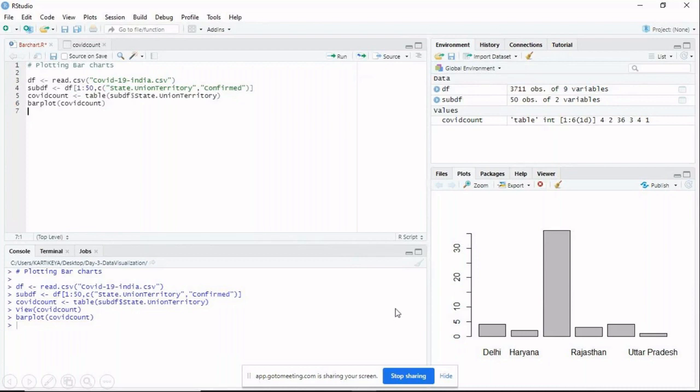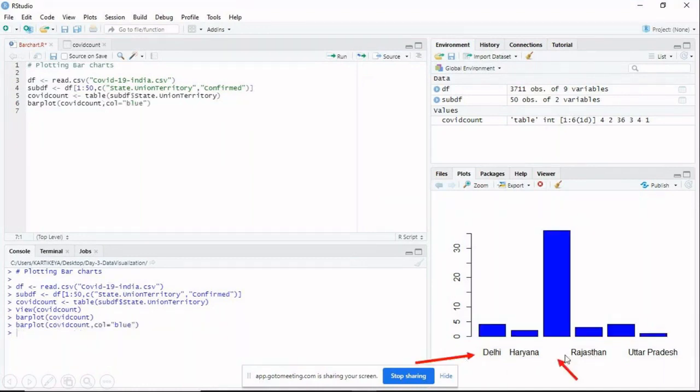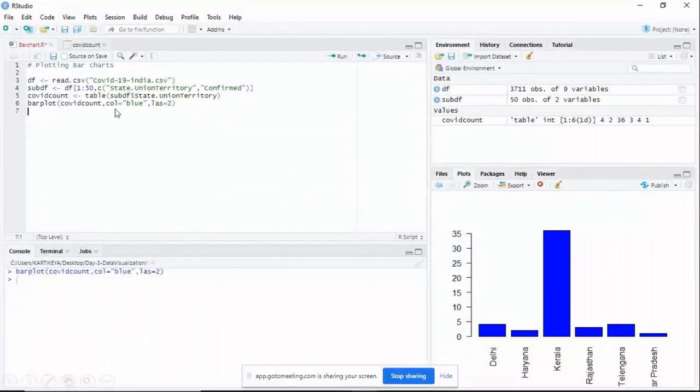So when you look at this bar chart, what you observe here is there are some lapses, right? Some state names are not displayed properly, right? Here in the list, if you carefully see, we have 6 state names, but because of more length they have not been displayed properly. So if I want to display those names properly in your bar chart, what you have to do is write the command las = 2. So it will make the names vertical, at 90 degrees, so that we are able to display them.